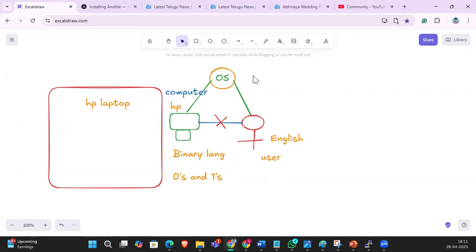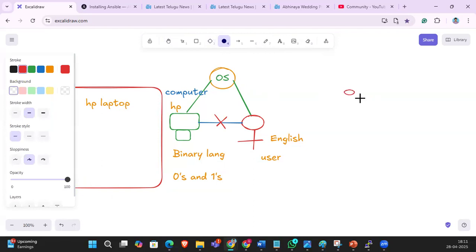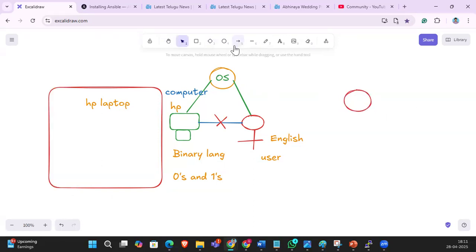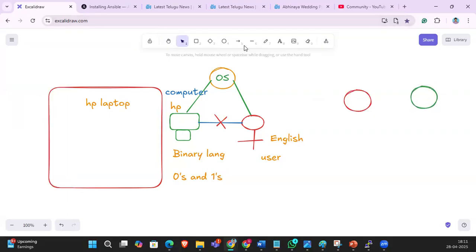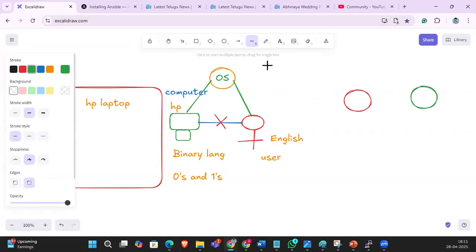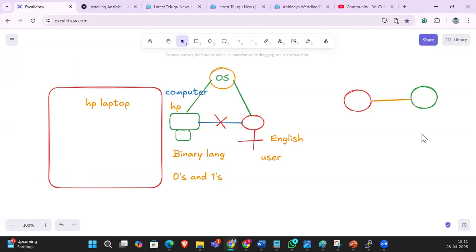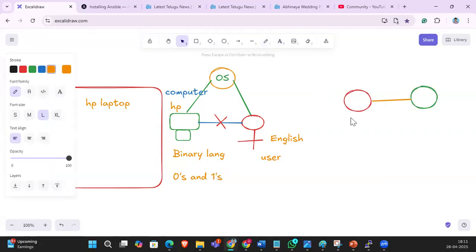So who is the mediator? Mediator is the OS, right? For example, guys, this is Ajay and this is Shiva. Shiva knows only Telugu language. Ajay knows only English language or Hindi language, right? So this guy knows only Telugu language.